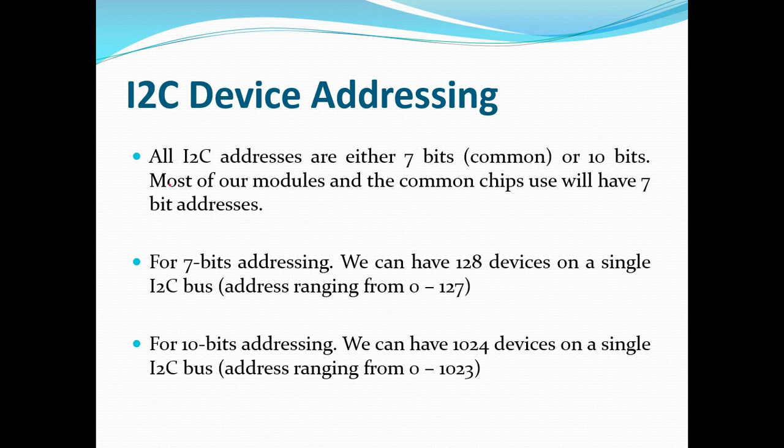Okay, so this is how the addressing mode is. For I2C device addressing, all I2C addresses are either 7 bits or 10 bits, depending on the device addressing. Most of the common chip modules will have 7-bit addresses. For a 7-bit address, we can have 128 devices on a single I2C bus. What project would you do using only Arduino with 128 devices? So you can